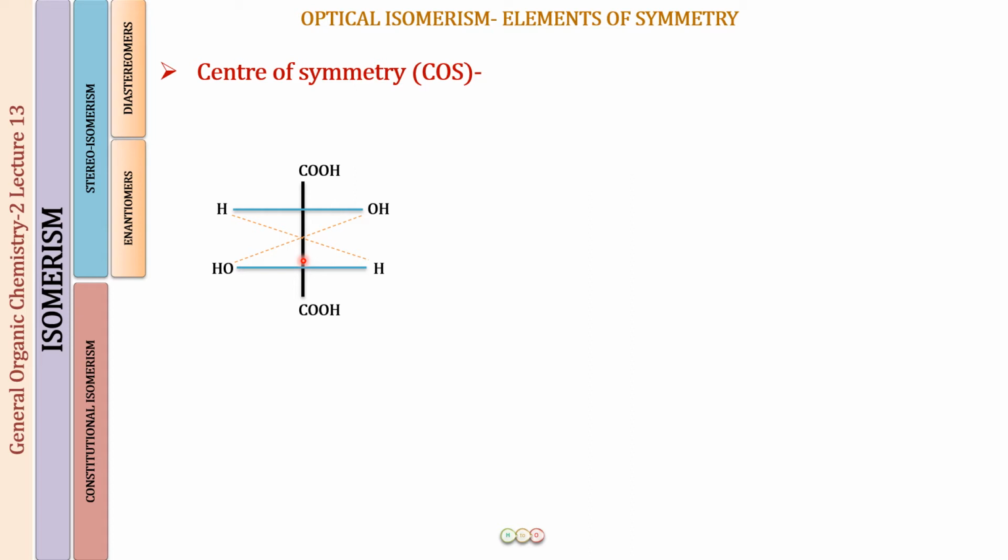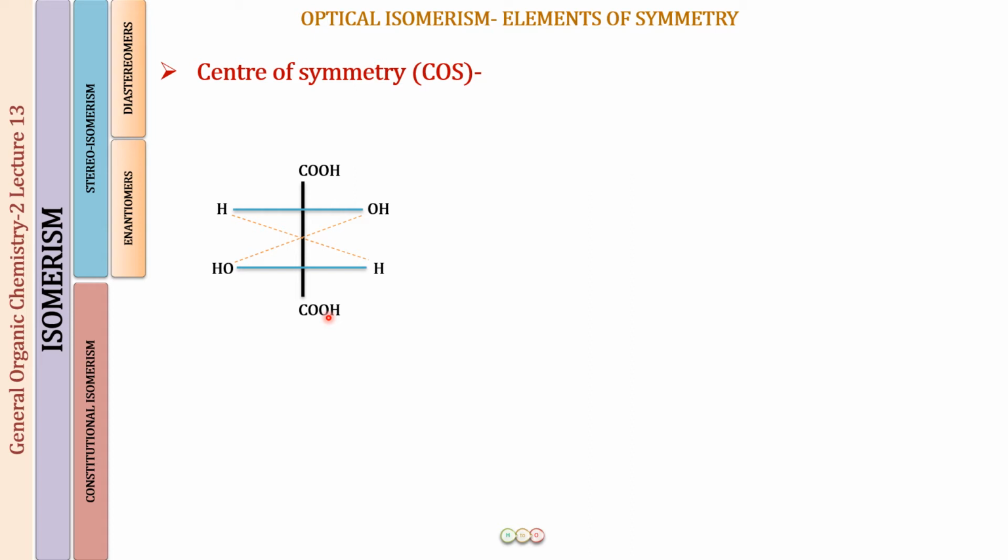Fine. So what do we do? We check the elements of symmetry. The first element of symmetry you learned in the last lecture was the plane of symmetry. I draw a plane like this. I find that on one side I have an H, an OH. So this is not going to be a plane of symmetry. If I draw a plane like this, what I will get is an H and an OH, an OH and an H again. So this would not be a plane of symmetry. In fact, in this molecule, you will not be able to find any plane of symmetry.